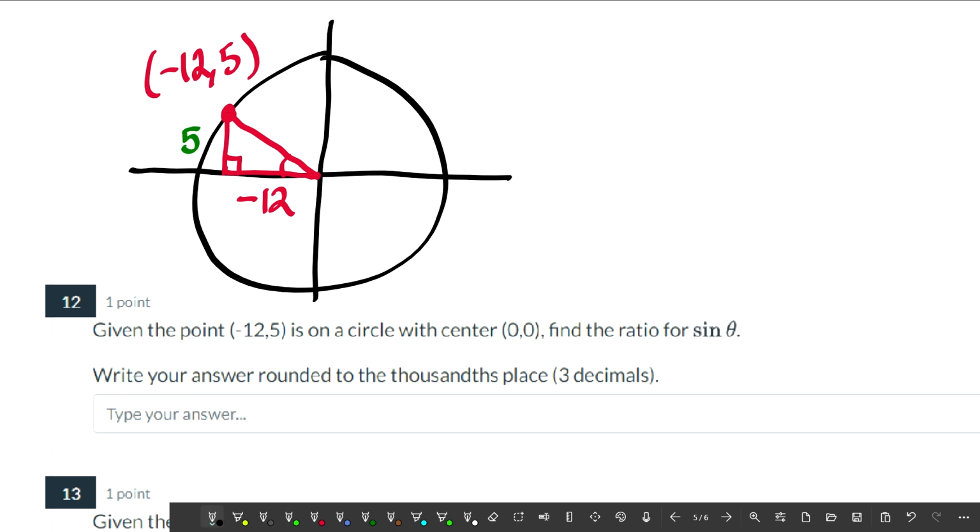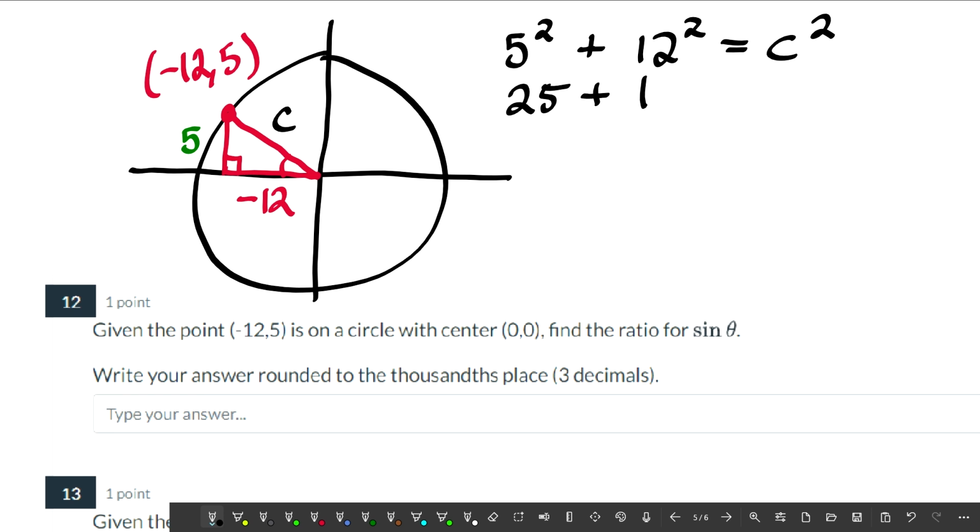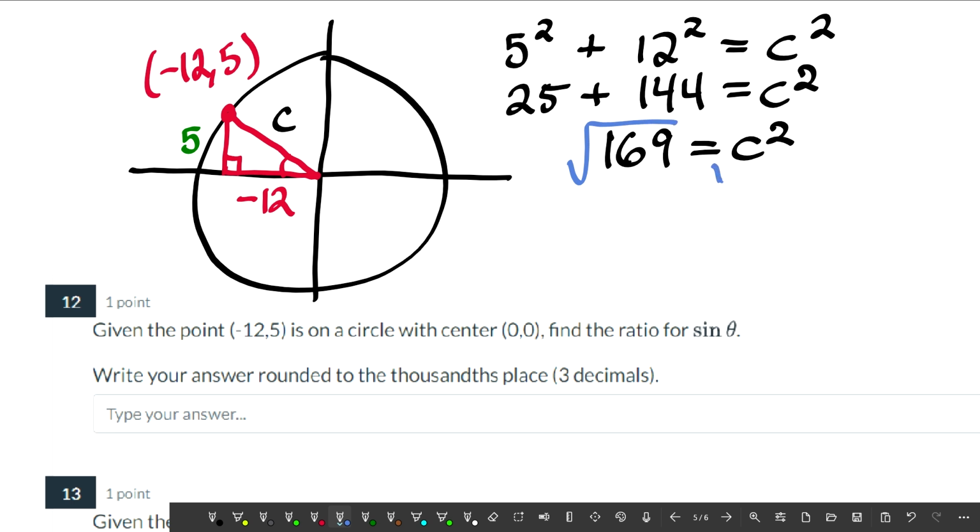In order to talk about the hypotenuse, we'll call it C, we have to use the Pythagorean theorem. So the legs are 5 and 12, and that's going to equal C. So this would be 25 plus 144 equals C squared. This is 169 equals C squared. If you square root both sides of the equation, you get a C value, or the hypotenuse, of 13. So now that I know my hypotenuse is 13,